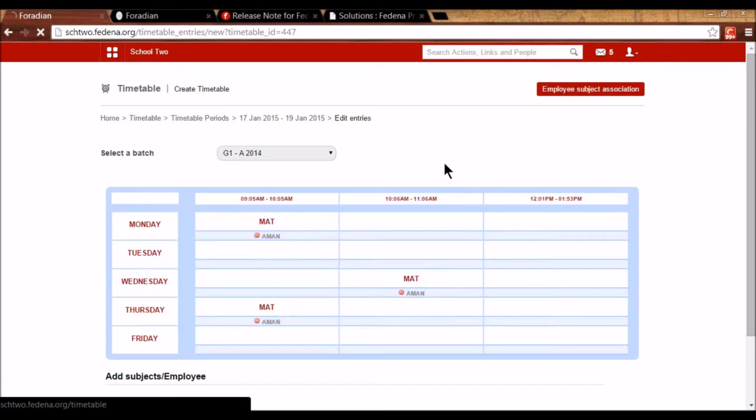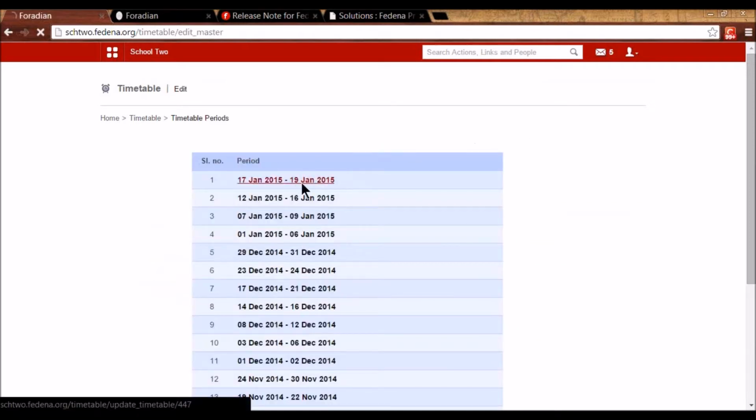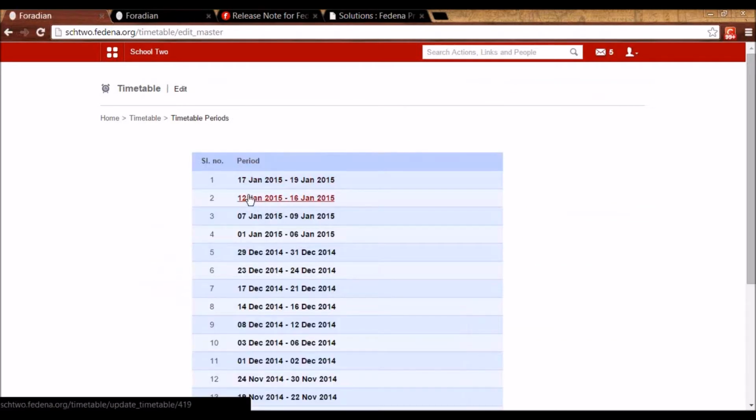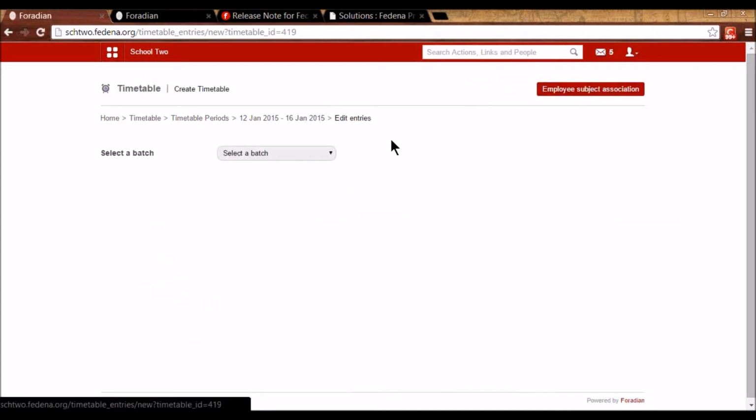And one more change that we have here, you might have observed that when you will be clicking on edit entries, you used to get a warning about deletion of the data. Attendance entries, class allocations, SAP timetable entries, etc. So you would be getting that warning when it is an ongoing timetable. For example, from 12 Jan to 16 Jan, it's an ongoing timetable. And when I click on edit entries, I used to get a warning that is not shown now.